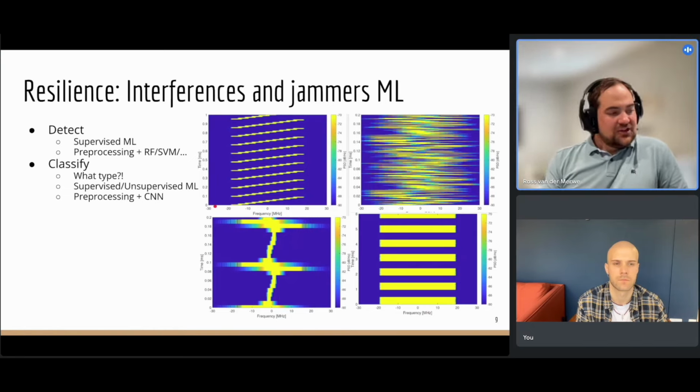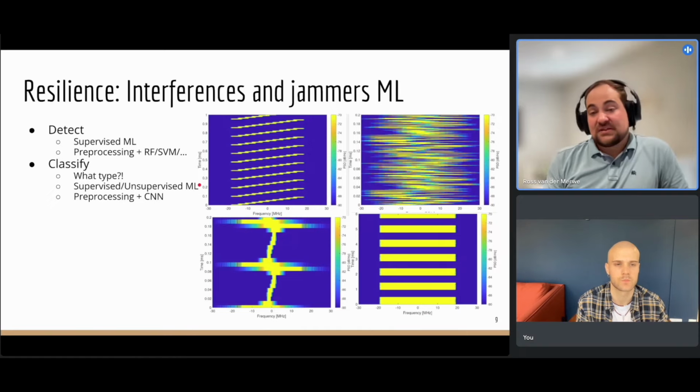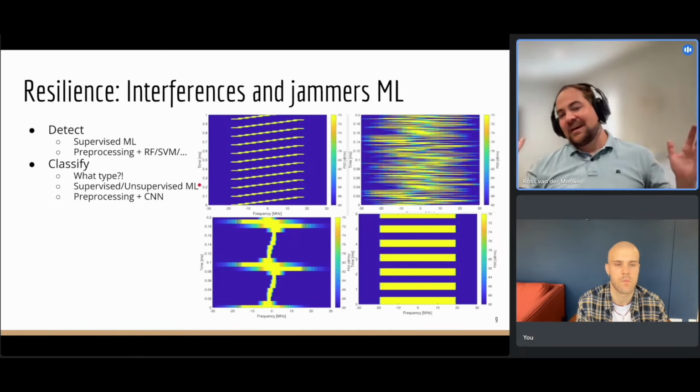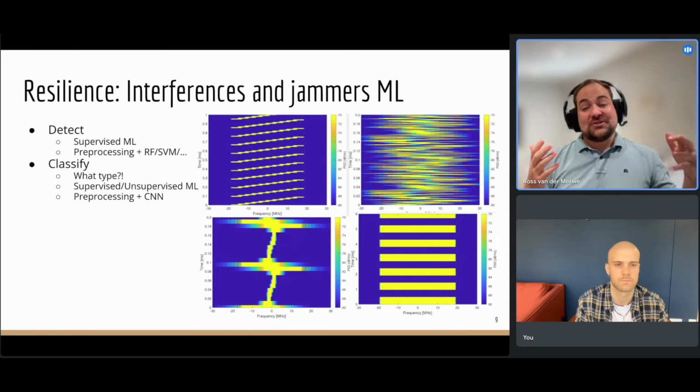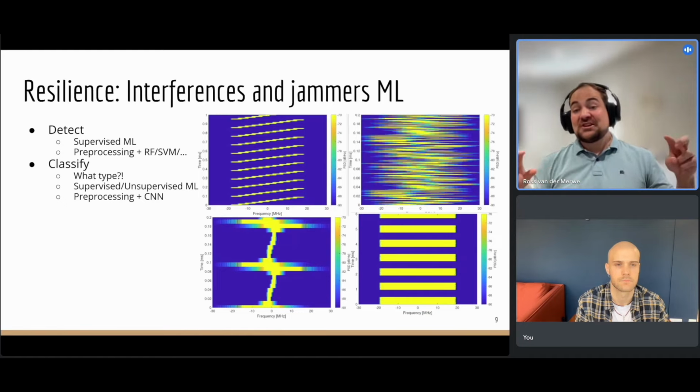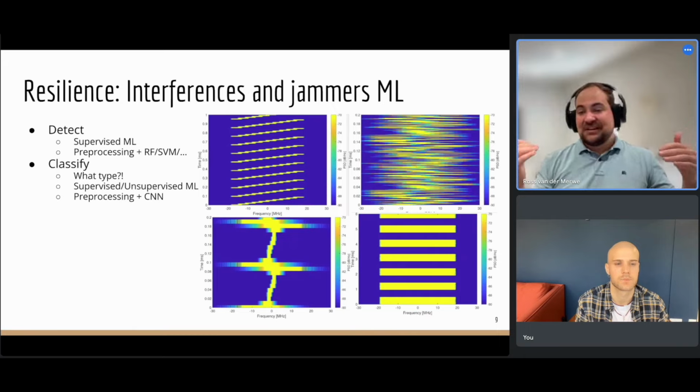So I think the dark horse here is the unsupervised ML in classification. One of the problems we've looked at in the past is what happens when you say, oh, I have 5 types of signals, I'm doing some classifications, you do some supervised learning, and then somebody decides, well, we know everybody's using these types of signals, we're going to use our own distinct new type of signal. So can you detect a new class and incorporate those? This becomes a really interesting problem. At what point do you say, I'm very certain there is a signal, but it doesn't look like something in my database, and I have to create a new class for it?